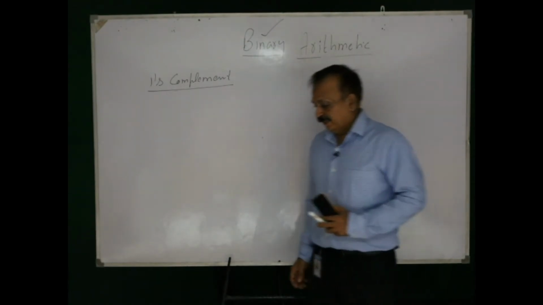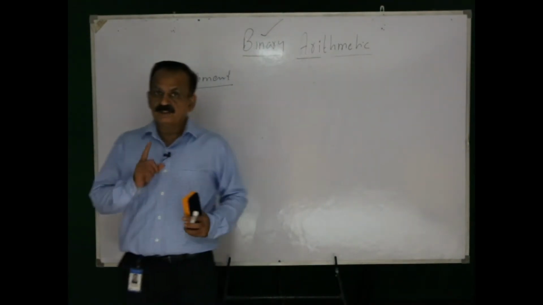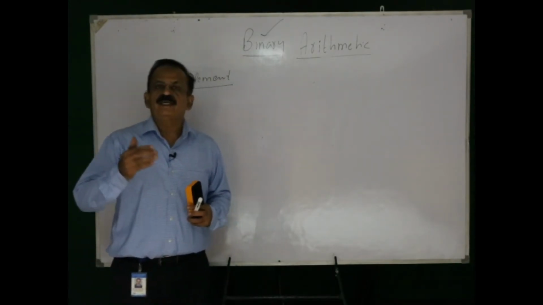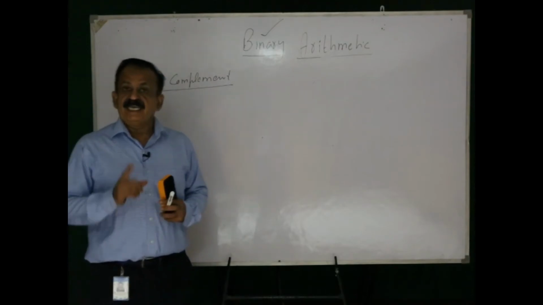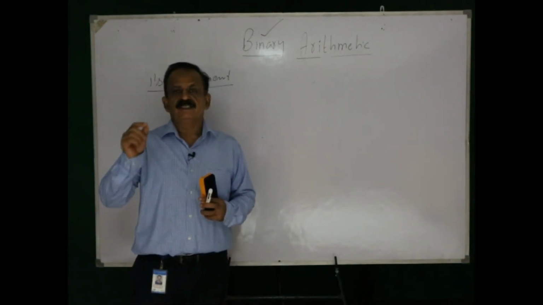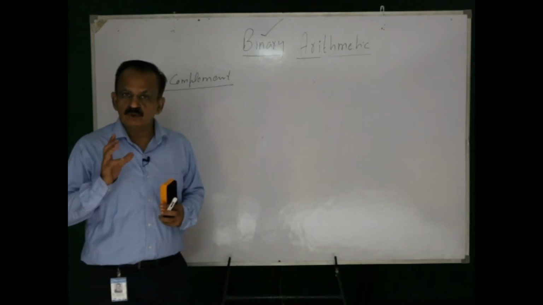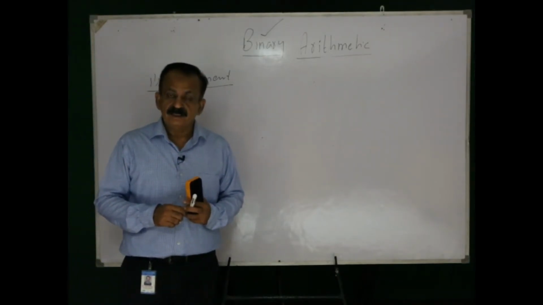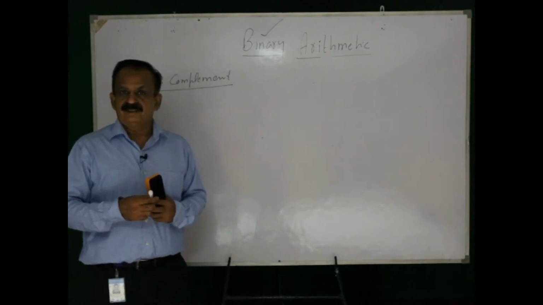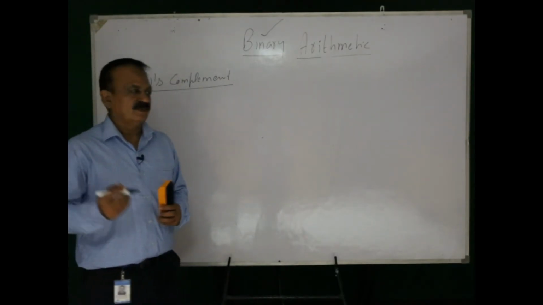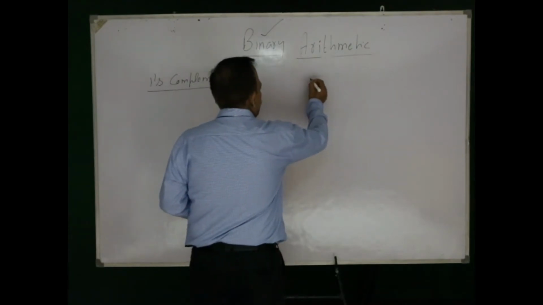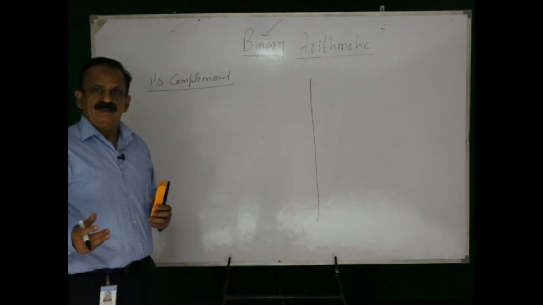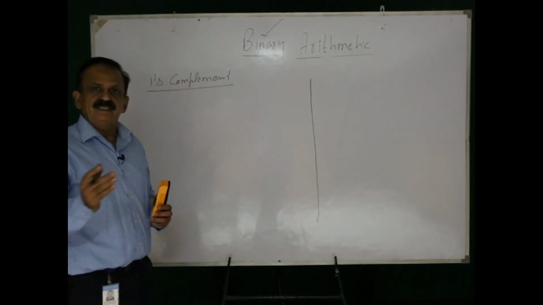right? What I said, find 1's complement of the negative number, add 1's complement to the other number. If there is a carry, the answer is positive, and if there is no carry, answer is negative, and 1's complement of the result after addition. So we will be using these steps with example. Now we will take some example, and we will follow these steps.